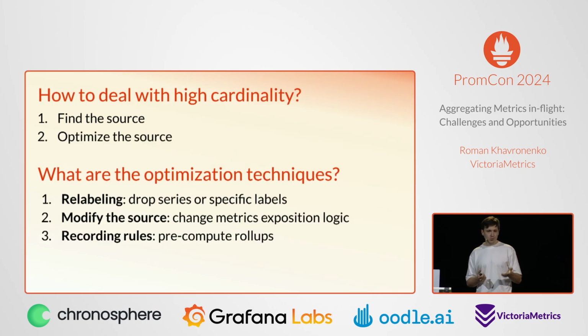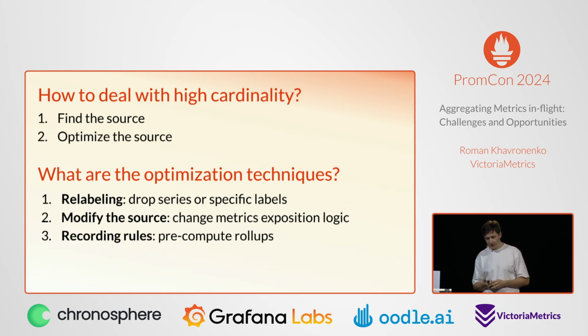And if you try to Google what to do with high cardinality, you will probably find a bunch of articles, and they will suggest the same steps and actions. They will recommend that you find the source of high cardinality metrics, assuming that all of your sources are OK, and only one of them is exposing high cardinality data. So you need to find it, and you need to optimize it. And what are the optimization steps? Well, you can use relabeling. That's the Prometheus native feature. You can drop some series which you think have high cardinality,